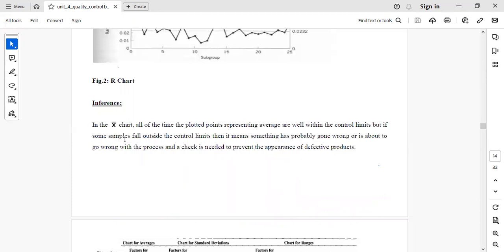but if some samples fall outside the control limits, then it means something has probably gone wrong or is about to go wrong with the process. And a check is needed to prevent the appearance of defective products. So if